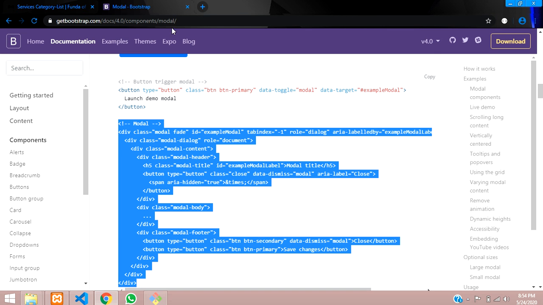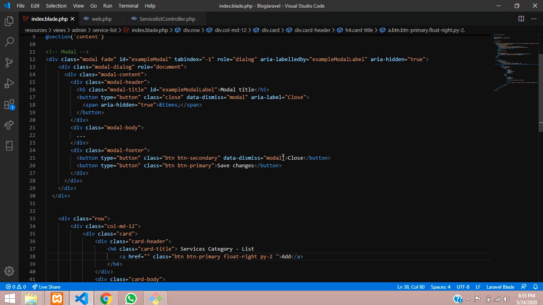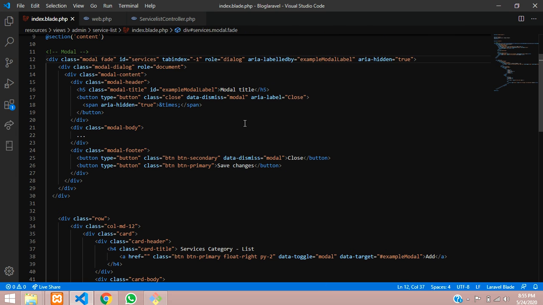For that we are going to get back and copy this data-toggle modal and data-target. So copy this and get back, and this is your modal and this is your button. Where you are going to add here, let's mention service list modal.